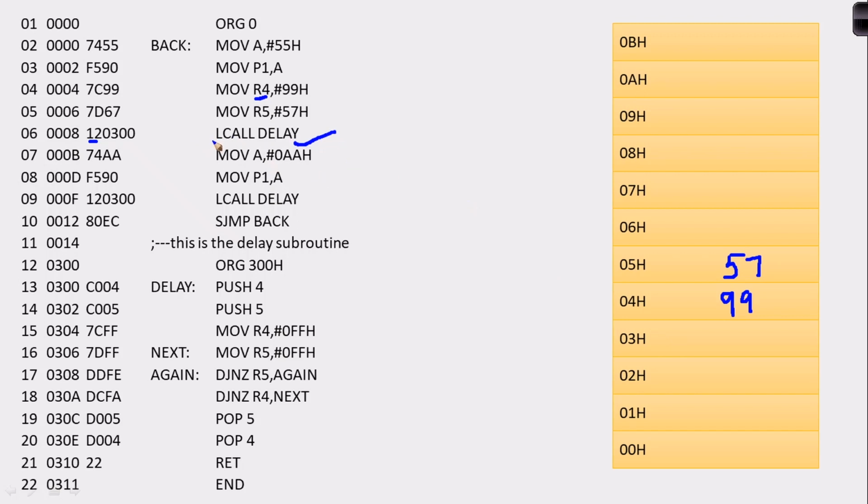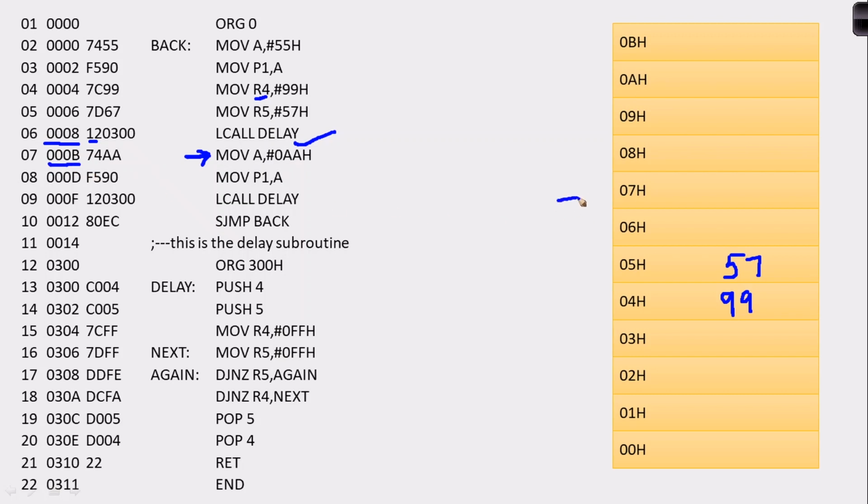Okay, so whenever, as we had said, since there is a call, now if you look at the program counter value, this is 008, and since it is a 3 byte instruction, 8 plus 3 will lead us to 0B. As we had said, the instruction which is below the call, that particular address will be pushed into the stack. Now below this call is this particular instruction. If you look at the address over here, this is 000B.